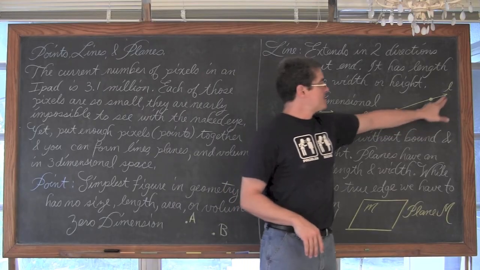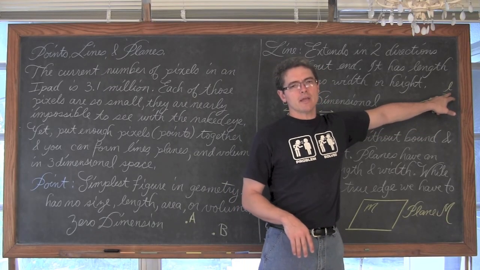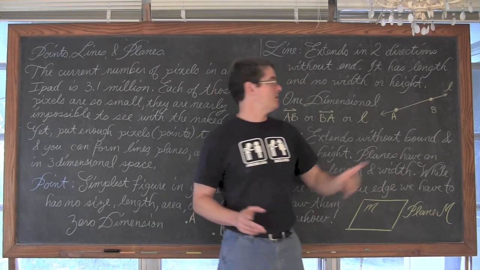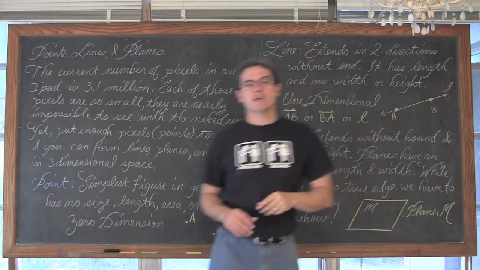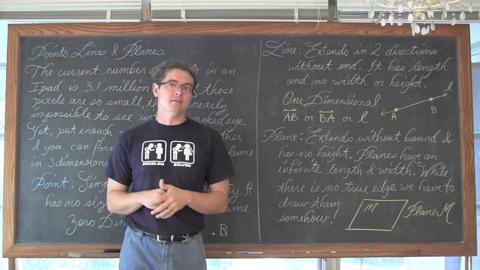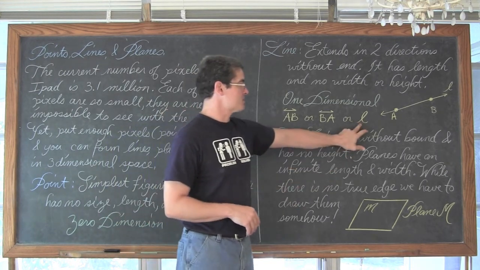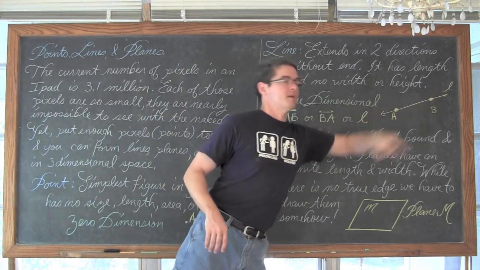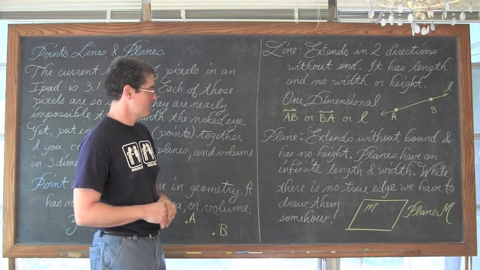Or, a lot of times in your geometric figures, they're going to give you a lowercase letter somewhere at the beginning or end, or near one of the arrows of that line. And that means that you can use those to indicate the name of that line. So this is also line L because I have a lowercase l up there near one of the arrows.